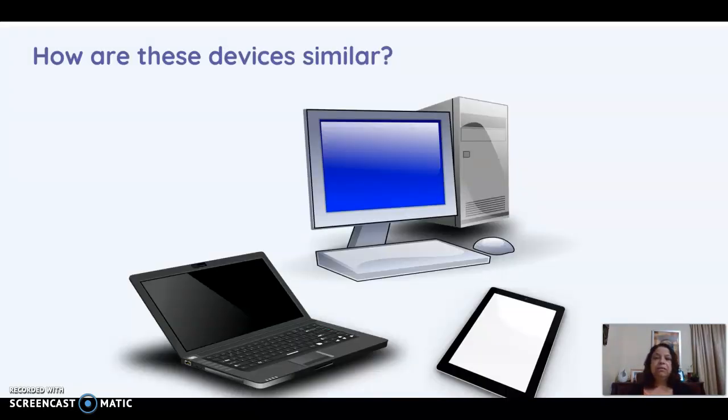Now, what is similar about a tablet, a desktop, and a notebook or a laptop? Can you think of what is similar? Okay, I will give you some time to think. Aha. One thing is that they all have screens. You can see things on the screen. Well done. They help us to do